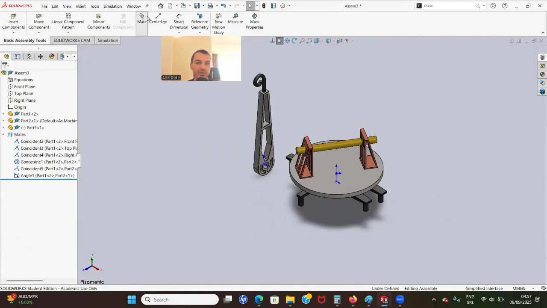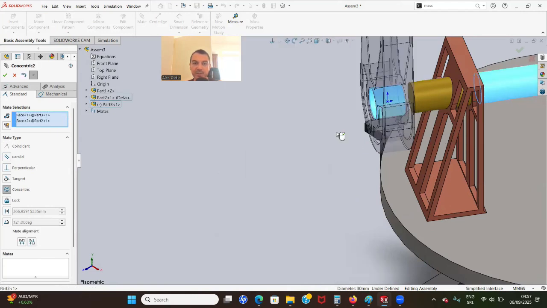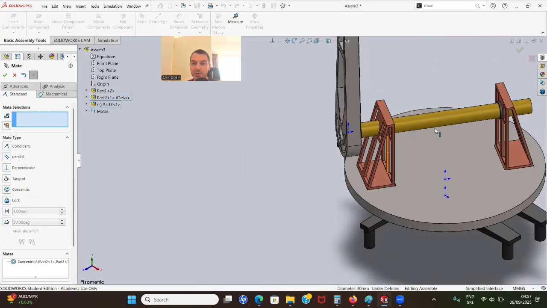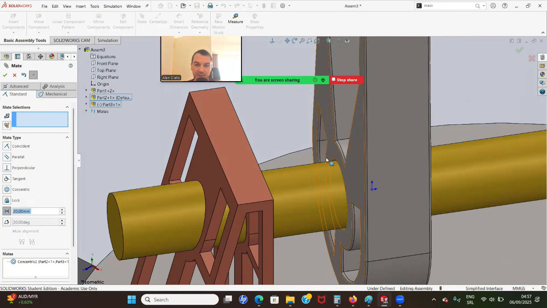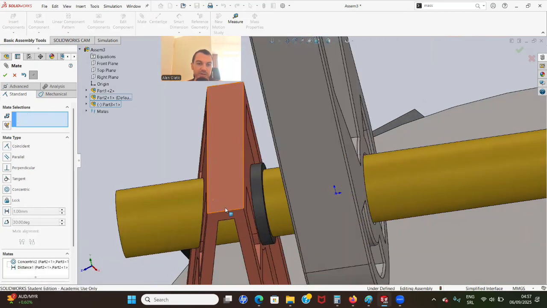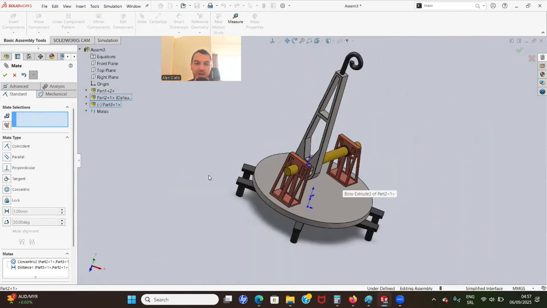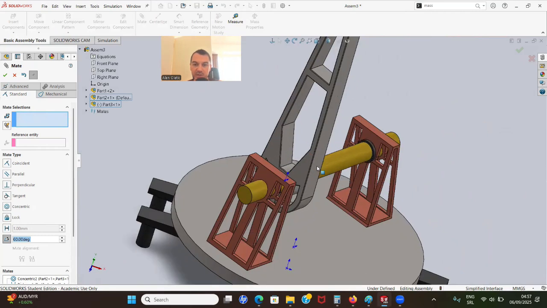So first thing that we have to do, we have to put that one here, right? So we need here concentric, like this. So that's just the first part. Super simple. The second part that we have is the distance, which is 20 millimeters between this part and this one here. That's 20 millimeters. And the third thing that we have is an angle, which is 60 degrees between